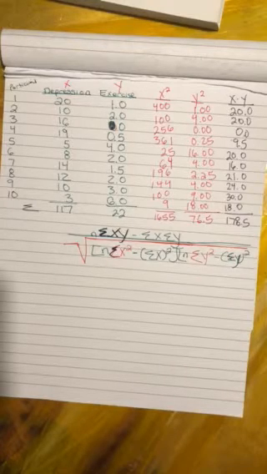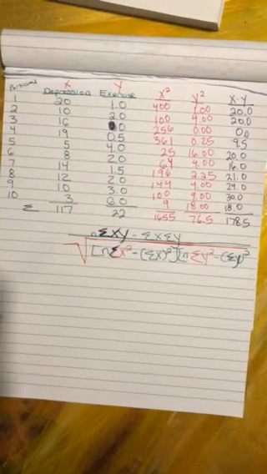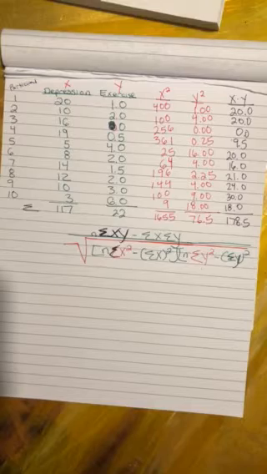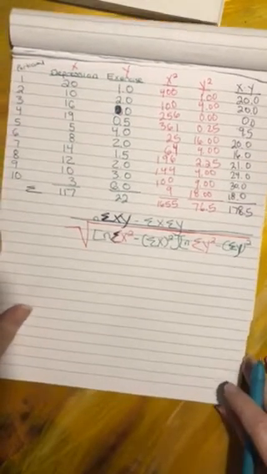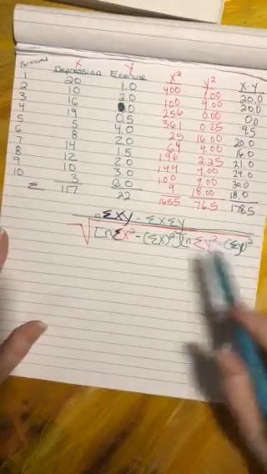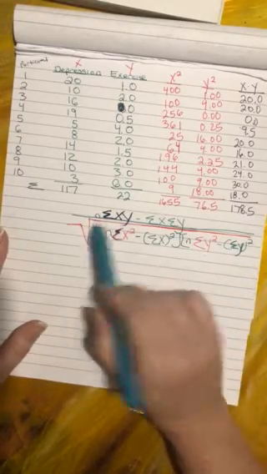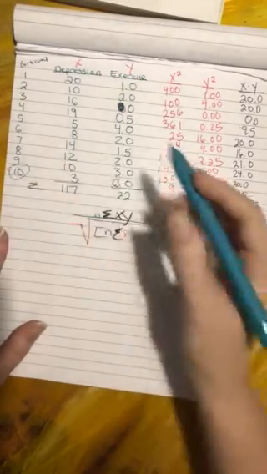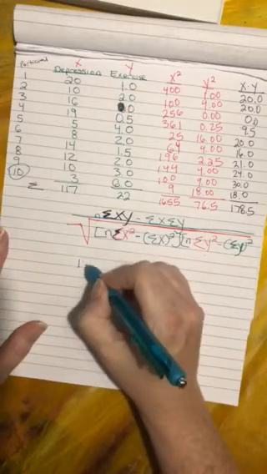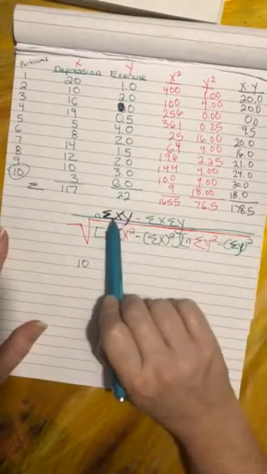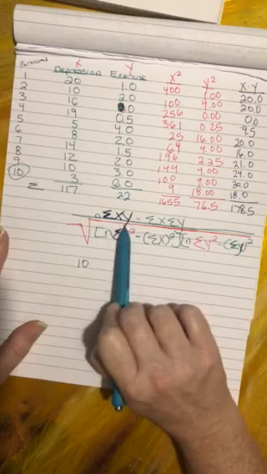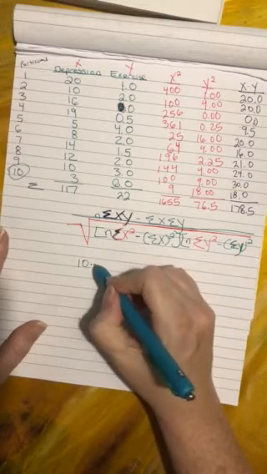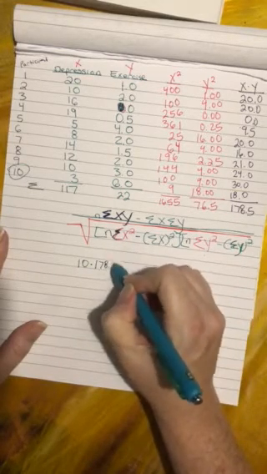Now we just have to plug these numbers into this formula, which looks daunting, but once you just start plugging things in, it's actually very simple. So, we just start plugging in, and our first thing is n here, which we know to be 10. Right? So 10, and then now this is the sum of our x times y column, so it's going to be 10 times 178.5